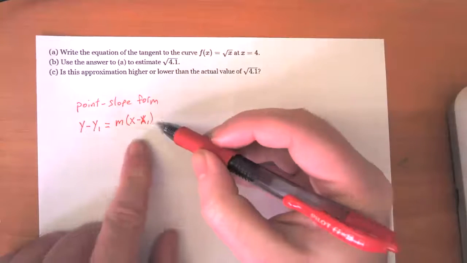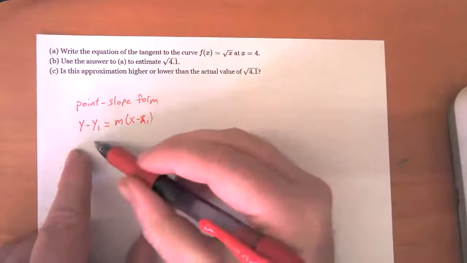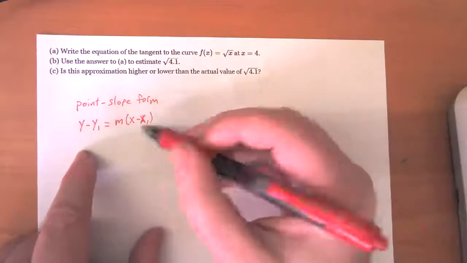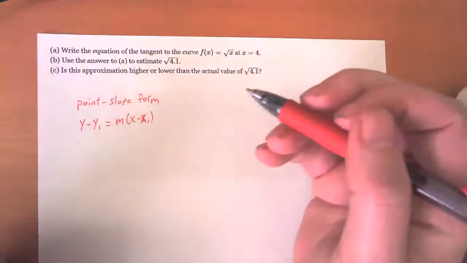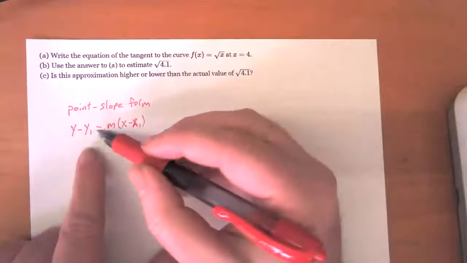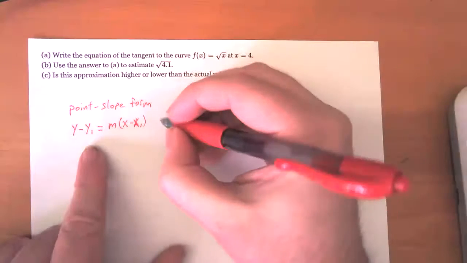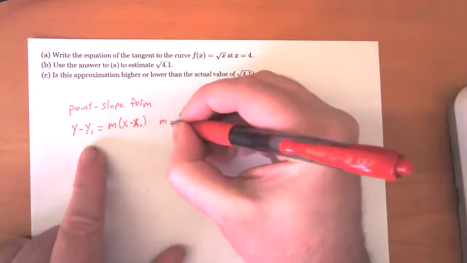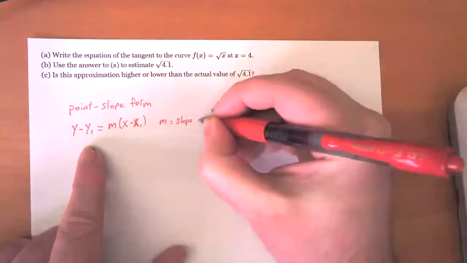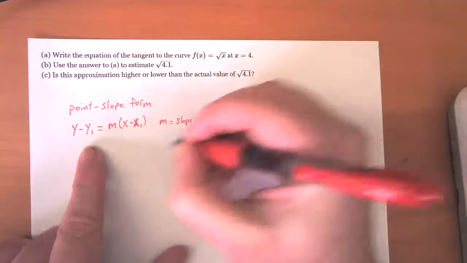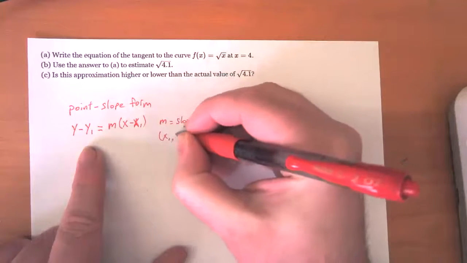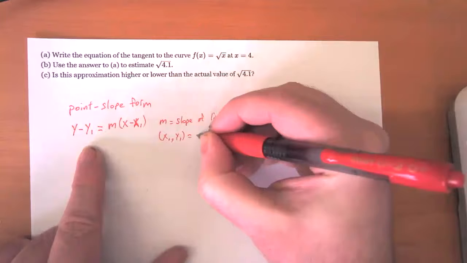If you divided both sides of the equation by x minus x1, it would look a lot like the definition of slope. So that's a good way to remember this. And so this is going to work if m is the slope of the line